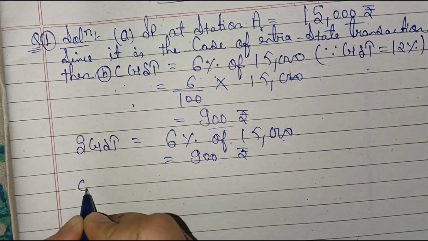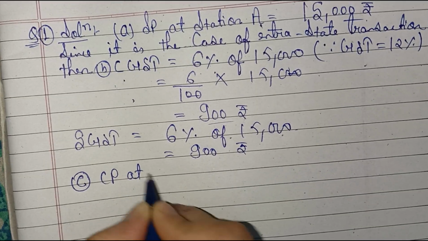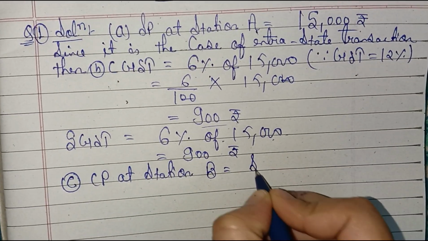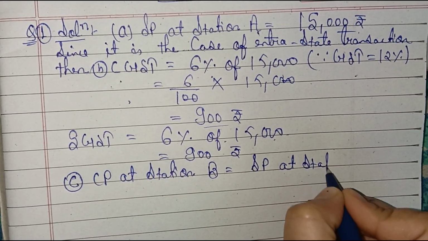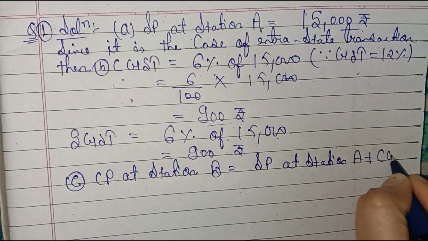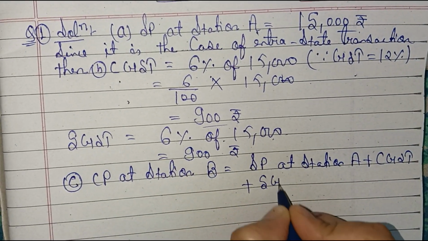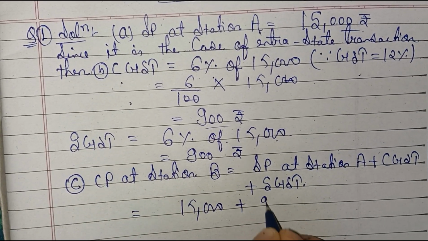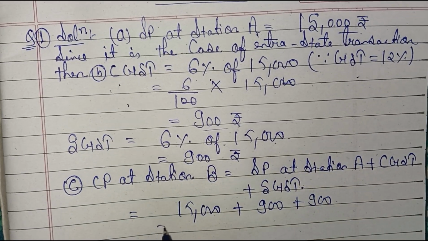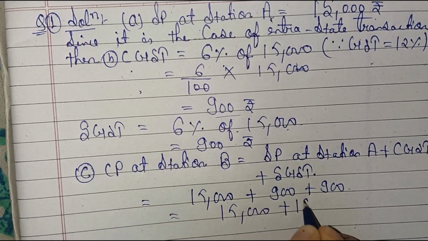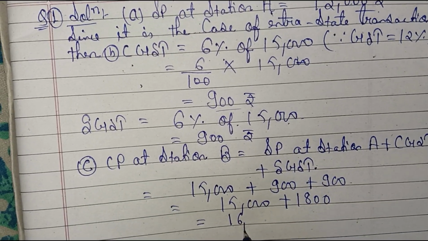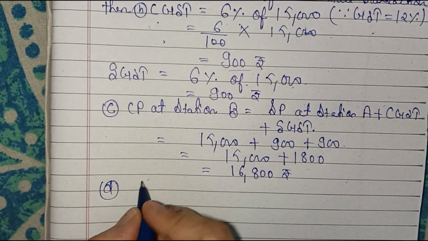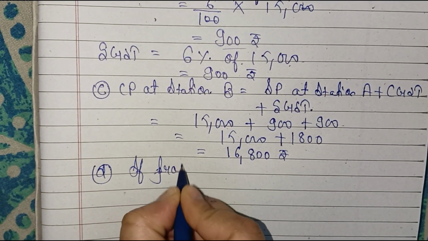Question number C is CP at station B equal to SP at station A plus CGST plus SGST, that is equal to 15,000 plus 900 plus 900, 15,000 plus 1800, that is equal to 16,800 rupees. Question number D is if profit equal to